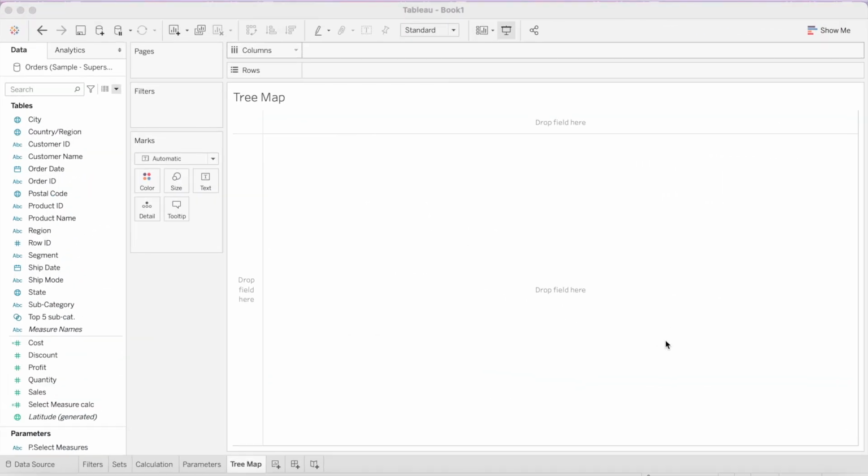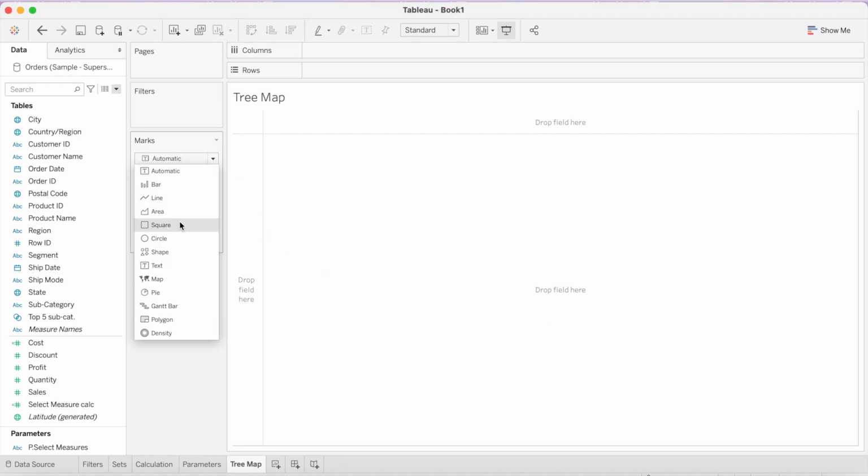To make a tree map in Tableau, let's begin by changing the mark type from automatic to square. Now in order to keep consistency and keep things simple and easy to understand, we will again be using the subcategory data point as an example.